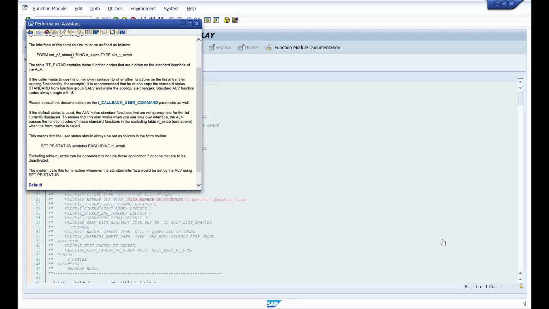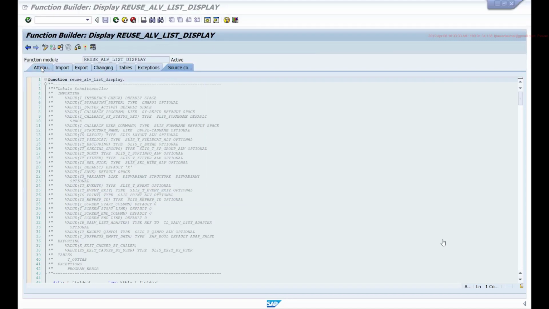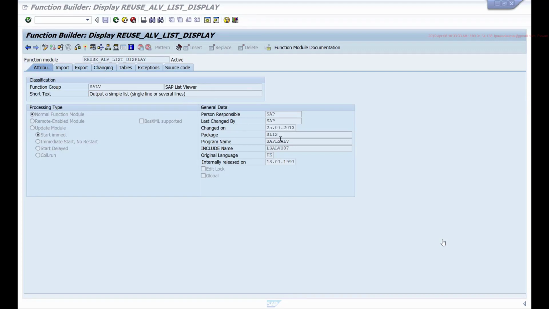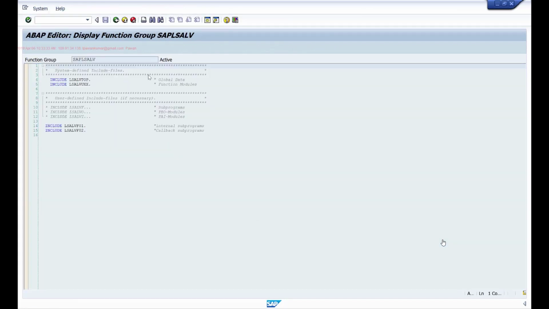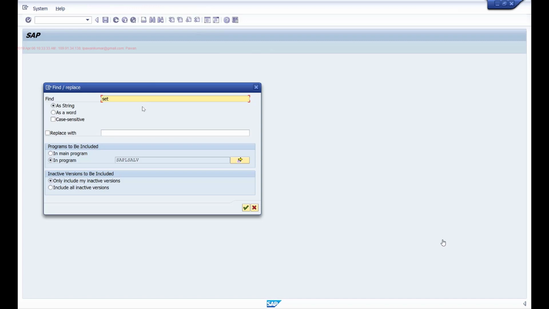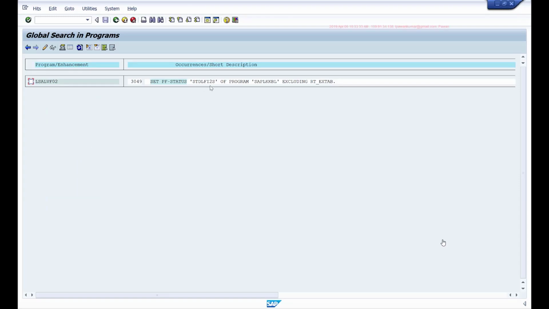So we'll maintain this subroutine in our program. And if you actually look at this function group SALV code, and if you search for this set PF status, so this program has that standard GUI status.